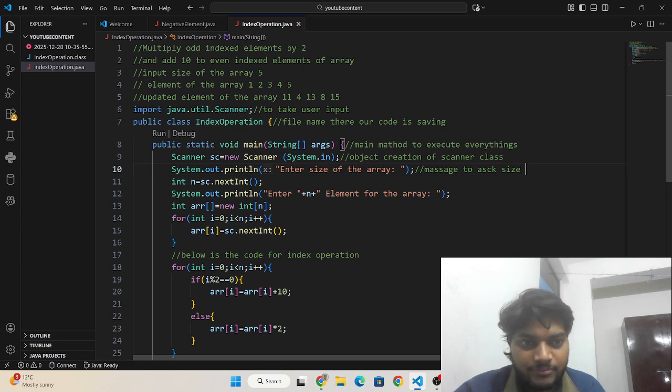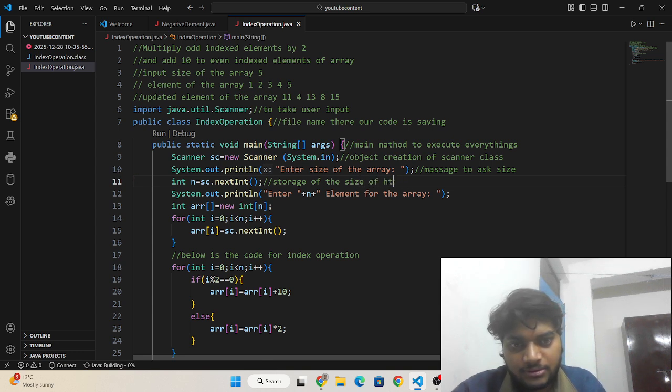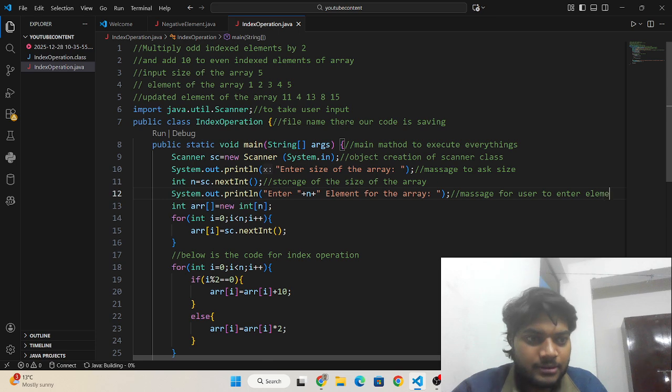Okay, this is the storage of the size of the array. This is the message for the user to enter elements.